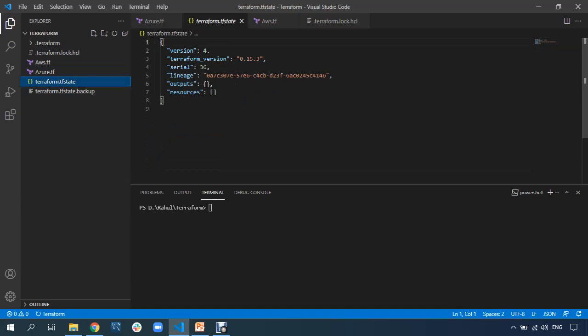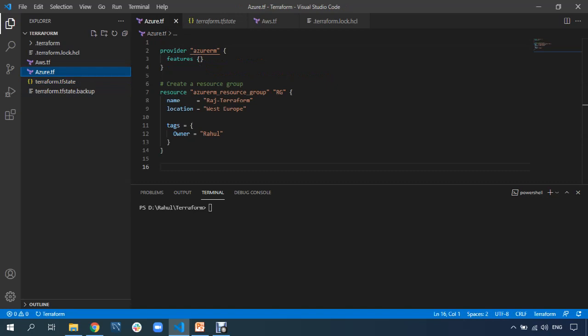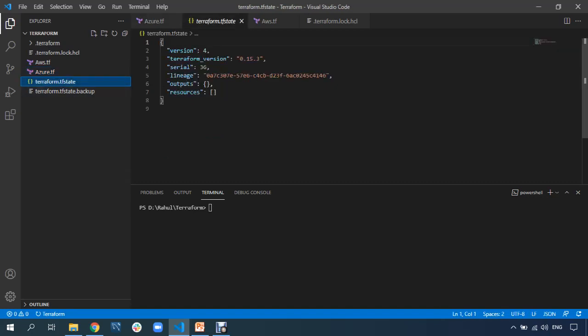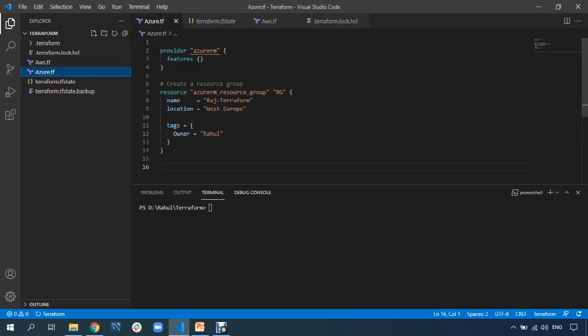In the resource block, whenever you create any resources, that will be available under this resource block. So now I'm going to create this resource group. So this resource group information will be saved under where? Under this resource block. So let me do one thing. Let me create this resource group for you, and then we'll see how this information is getting stored under this Terraform state file. So let this resource gets created, and then after I'll show you.